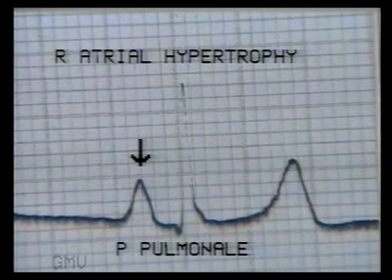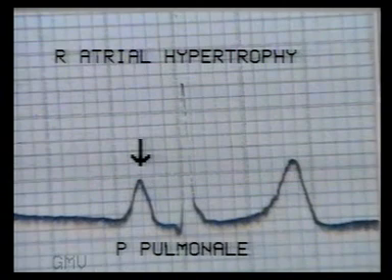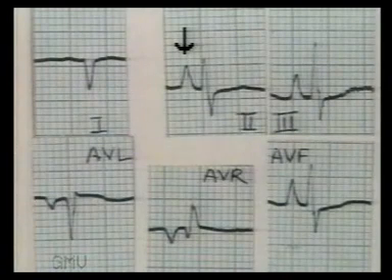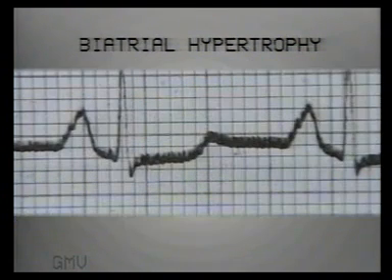In this ECG, lead 2 shows a tall and peaked P wave, which is 3 small squares tall. This is P pulmonale, suggesting right atrial hypertrophy. This ECG shows tall and peaked P waves in 2, 3 and AVF, typical P pulmonale. This is P mitrale, no notch but 2.5 small squares wide, suggesting left atrial hypertrophy.